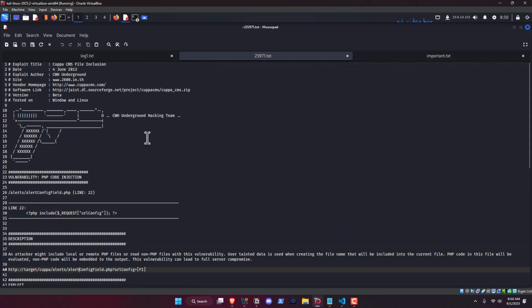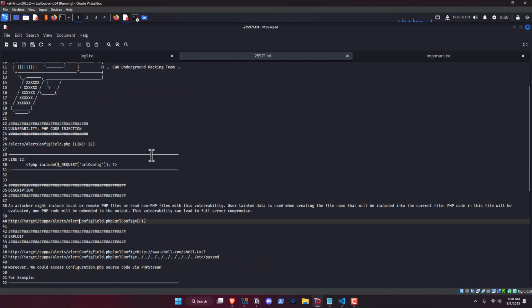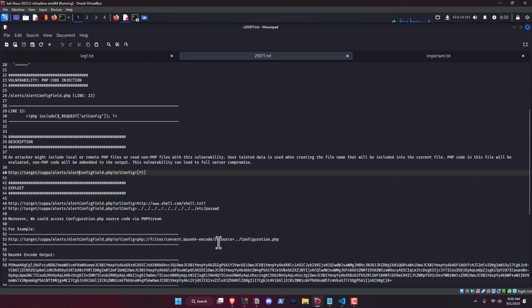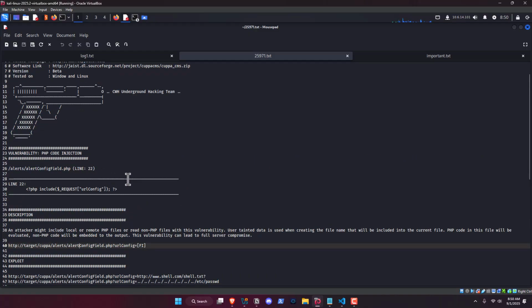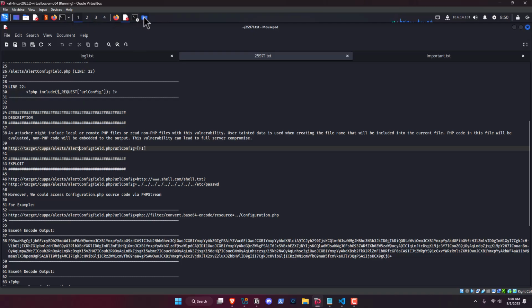All right, so it looks like we need to visit the URL and execute some kind of file. So here they're doing shell.txt. We can probably do a web shell, maybe with PHP, because it does mention up here PHP code injection. So let's do this. I can't get a PHP shell up there, so it looks like what you need to do is set up